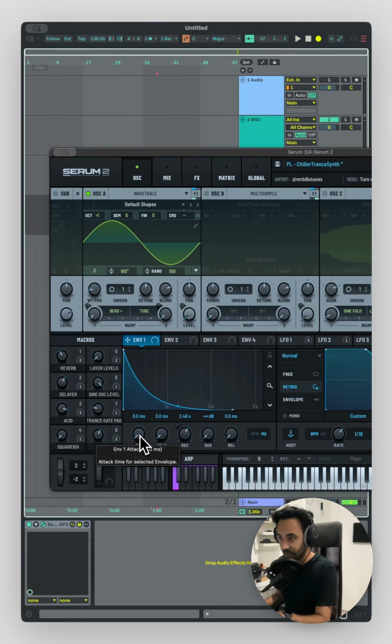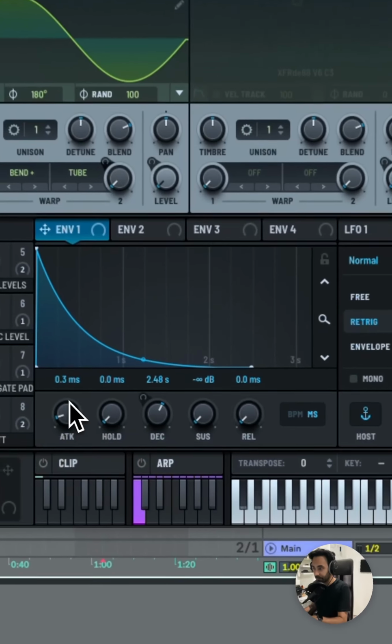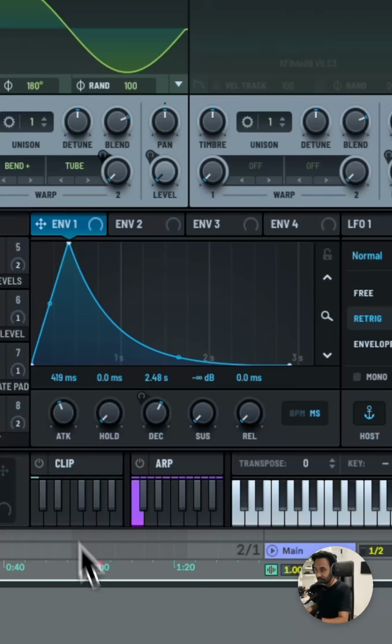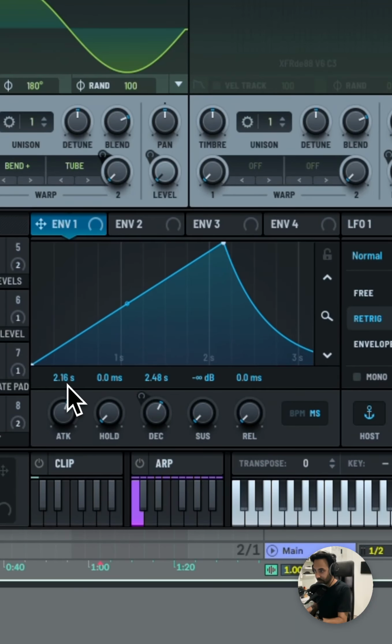If I push the attack up, the sound is going to come in a little bit slower as opposed to how fast it is now. If I move this up and press the key, it takes a little bit of time, a few milliseconds. And if I push this up even more,